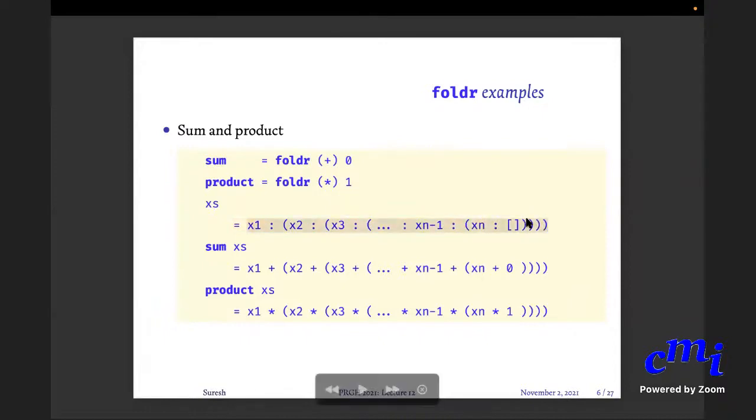Just replace the empty list by 0 and the colon by plus, and this is what you mean by sum, right? When you sum it folding from the right, you first add the last element to 0, then add xn minus 1 to the result, then add xn minus 2 to the result, etc. Similarly, product. Instead of the empty list you have 1, and instead of colon you have star.